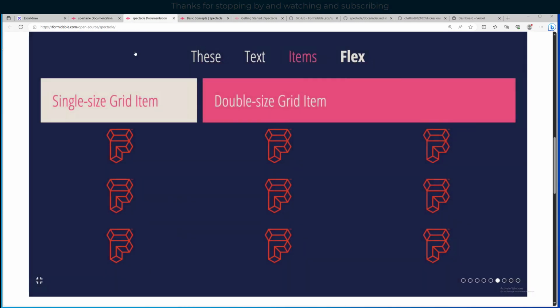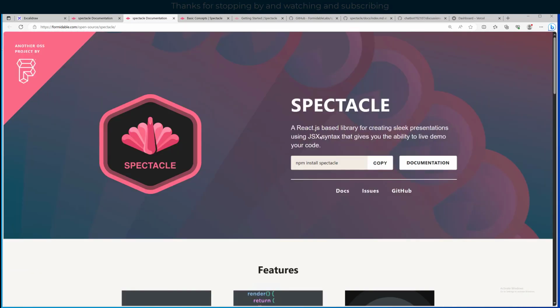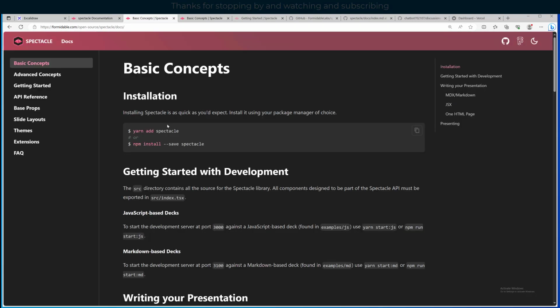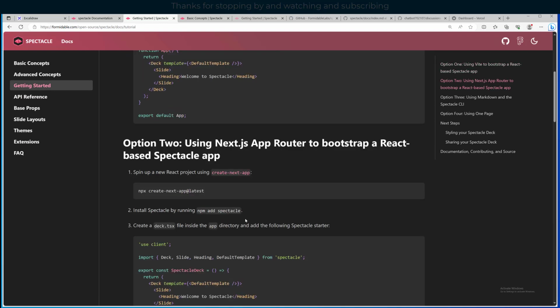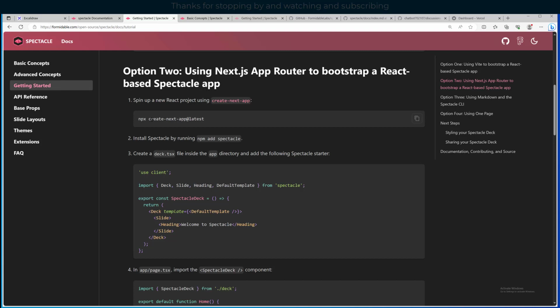If we pop over to their documentation, right here is a link, and we can see how to install it. If we scroll down to getting started, the way that I did it for this project was this option here. I did npx create-next-app@latest, and then I went ahead and did npm add spectacle, and then I created a deck.tsx file inside the app directory, and then I added the following Spectacle starter. I actually added a lot more than that just to make a sample interview